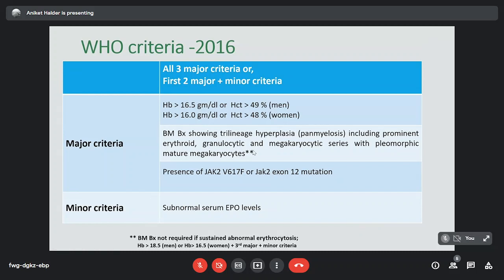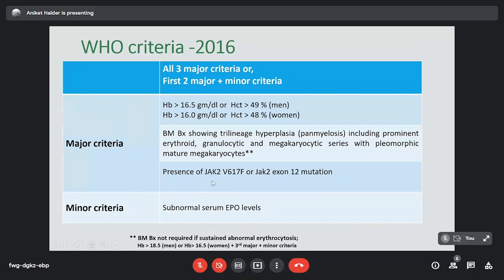That is, there will be an increase in the red cells, the white blood cells, as well as the platelets and their precursors, and there will be presence of pleomorphic mature megakaryocytes. By the term pleomorphic, it indicates that there will be mature megakaryocytes of different sizes, but atypia will be lacking. And the third major criterion is the presence of a JAK2 mutation, most commonly the JAK2 V617F mutation. The minor criterion of the WHO 2016